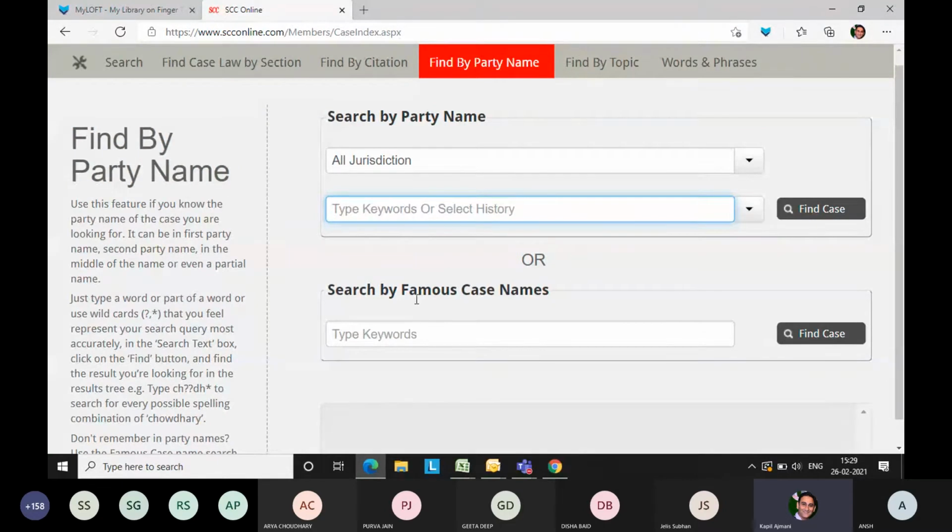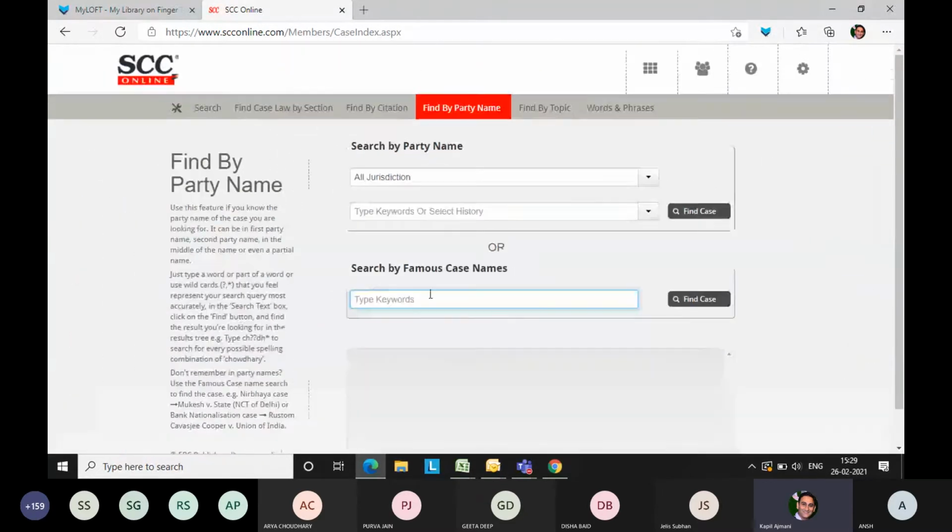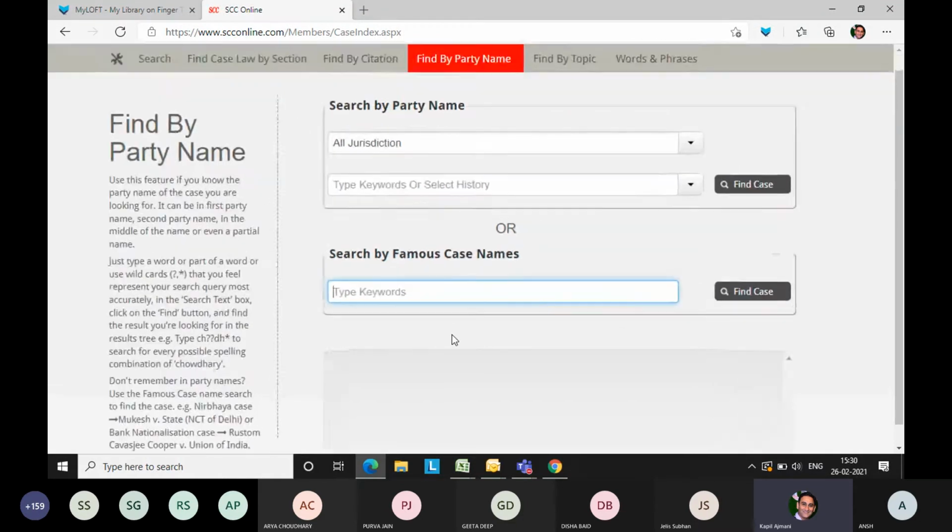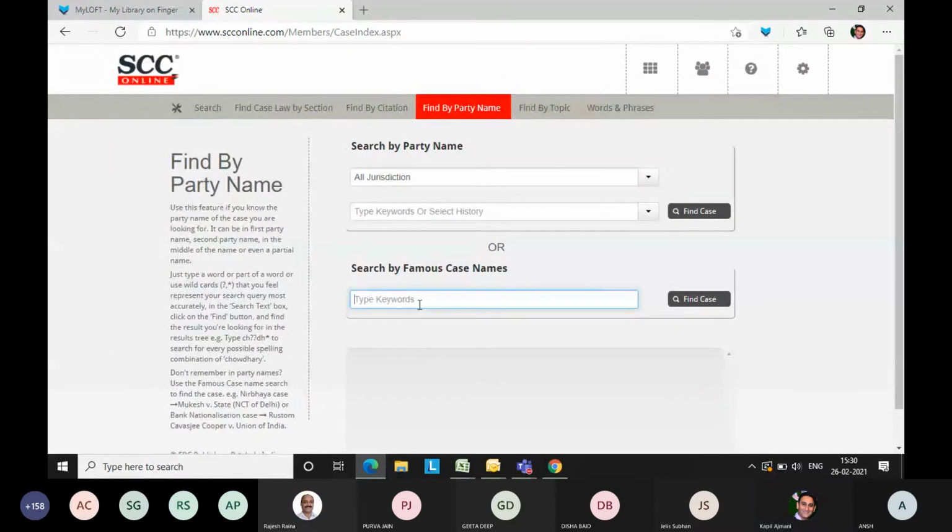And we have also got a famous cases section, like the Babri Masjid case, for that matter, or maybe the Mandal Commission case. So these are the famous cases. If you type here, it will be convenient for you and save your time, rather than going there and clicking on all jurisdiction, Supreme Court or High Court. These are very famous cases which have been in the media, and you have listened to them through a news channel or maybe in a newspaper, etc. So you can just key in Sabarimala.